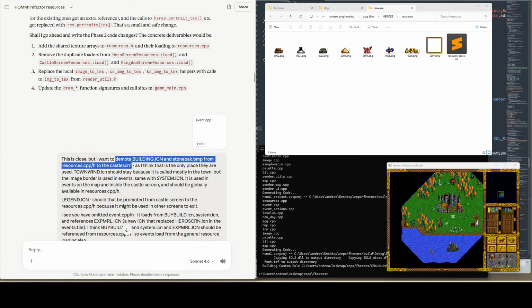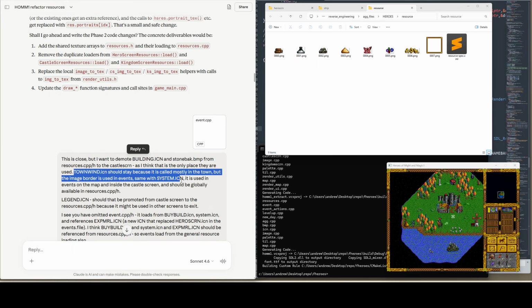resources.cpp and push them down into the castle screen. So let's actually just load those there, because those are the only place they're used. Town window should stay because it's used mostly in town, but the image border is used in events. Same with system.icn. It's used in events on the map and inside the castle screen, and should be globally available in resources.cpp. I throw in events.cpp so that it can also see that I use events, because I actually do use the border from townwind.icn for the level up. There's a border on the level up portrait